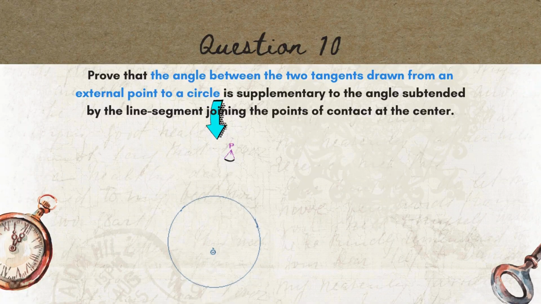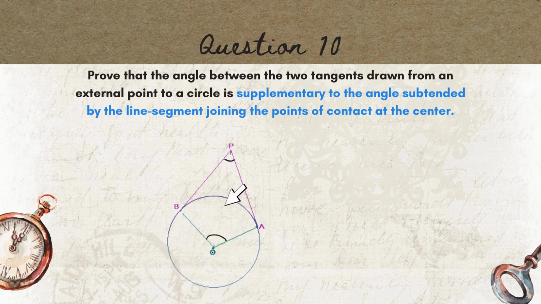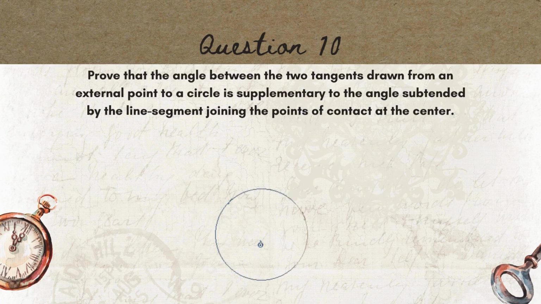Question 10. Prove that the angle between two tangents drawn from an external point to a circle is supplementary to the angle subtended by the line segment joining the points of contact at the center. First, draw a circle with center O. Choose an external point P and draw two tangents PA and PB at points A and B respectively. Now, join A and B to make AB in a way that it subtends angle AOB at the center of